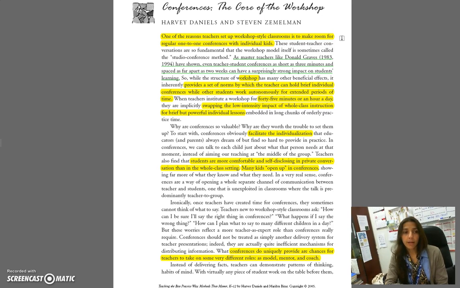What do you understand by one-to-one individual kids? Yes, it means one teacher and one student. Okay, that's the meaning of one-on-one. So that is what the teacher does in a workshop-style classroom, where the teacher can set up several conferences with students one-on-one. It means she can have one classroom workshop in which she can have almost 5 to 10 conferences with individual students one at a time.